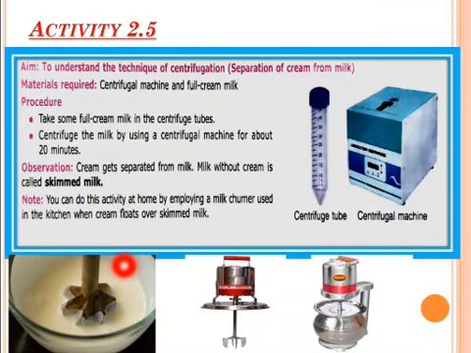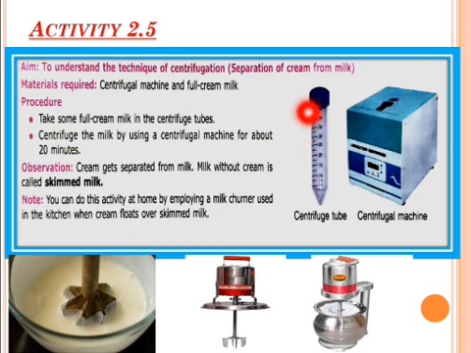Students, you must have often seen this activity at your home while your mother separates cream from milk or butter from cream by rotating a wooden churner at a high speed or by using electric churners or even a blender. When on a commercial level, that is on a large scale, cream is separated from milk, it is done with the help of centrifugal machines.